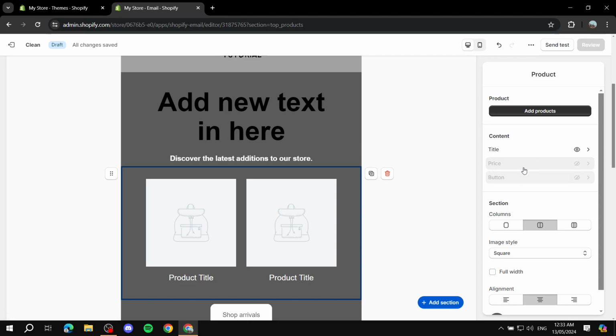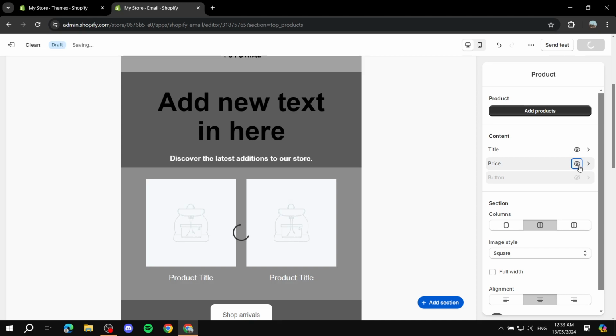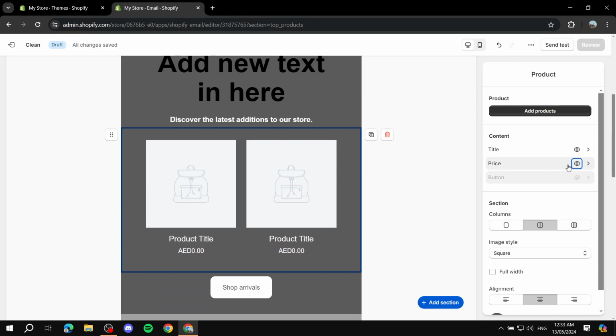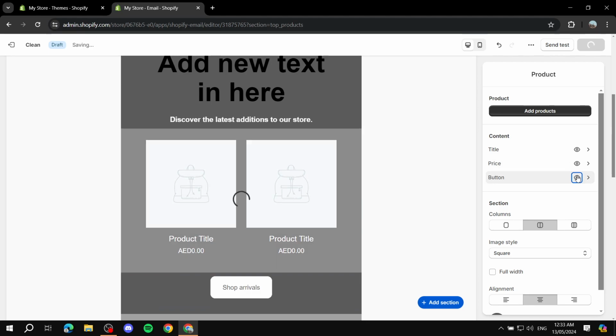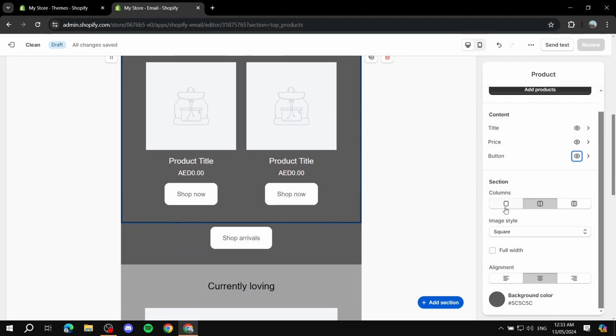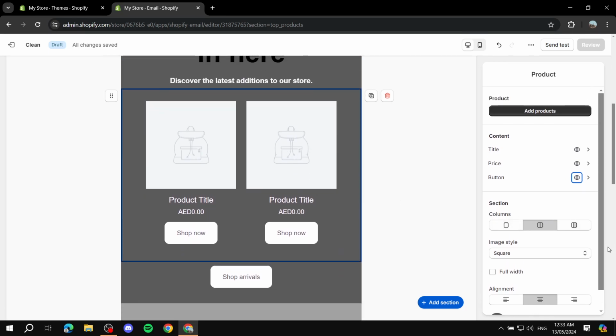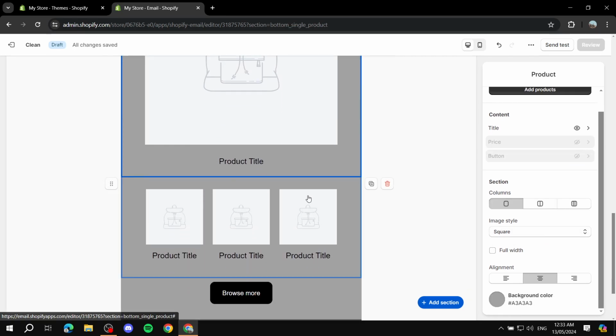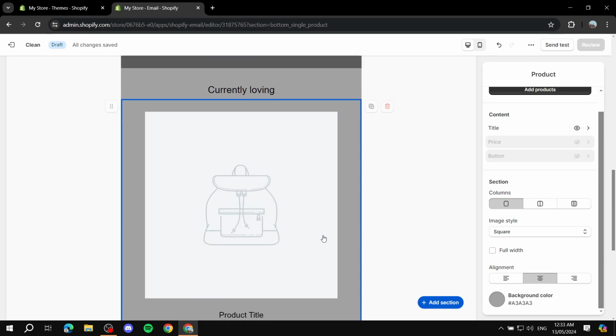And you can edit the price and stuff. It's going to be obviously added. You can just make sure that it is visible or not. I'll just keep it on, and then you can also have individual buttons for each product, so you can make them visible or not, completely up to you. Now for this section, you can make it one column, so only one product, or two, or even three. Image style, you can make it square and all of those things, and basically it's just very simple editing for your